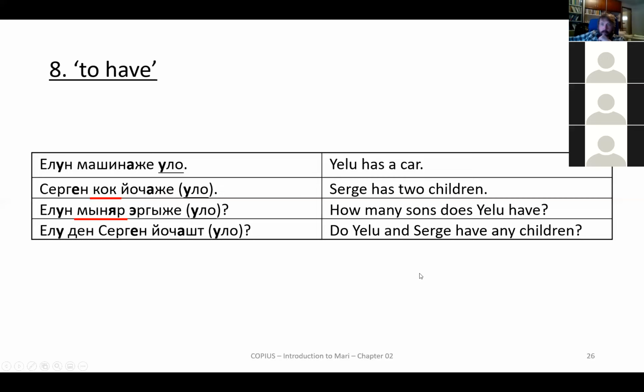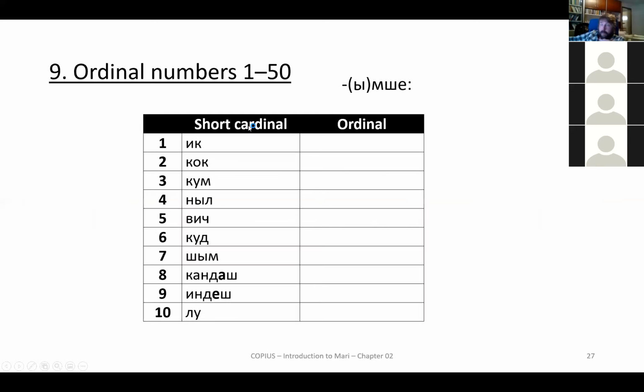Okay. So that's Kelvin has the right translation. Do Yelu and Sergei have a non-zero number of children? Yeah. Okay, so